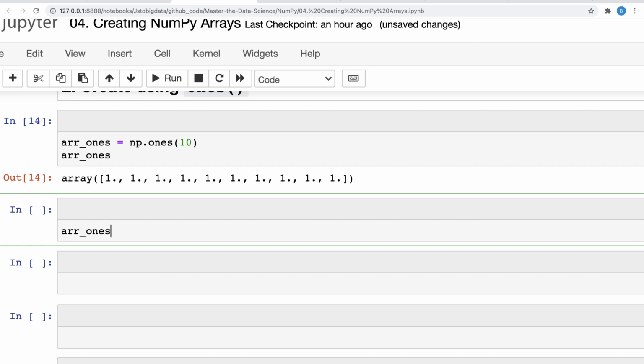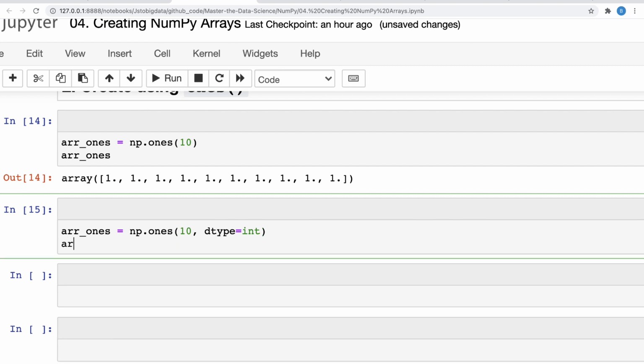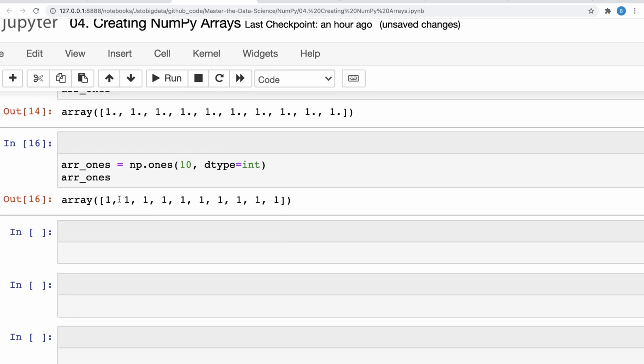So what I can do is array ones is equal to np.ones, of course the same ones, and you wanted 10, so you specify 10, and then you specify an extra parameter called dtype. You want it of the type int. It is also possible to pass 32 and 64, so we'll look into that. Then you again print array ones, and now you see that everything is of the type integer. It is also possible to pass it like int64, let's say. So this is also possible. For now I just keep it as int.